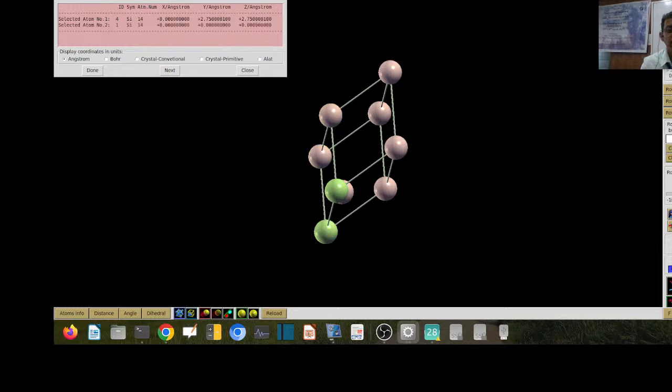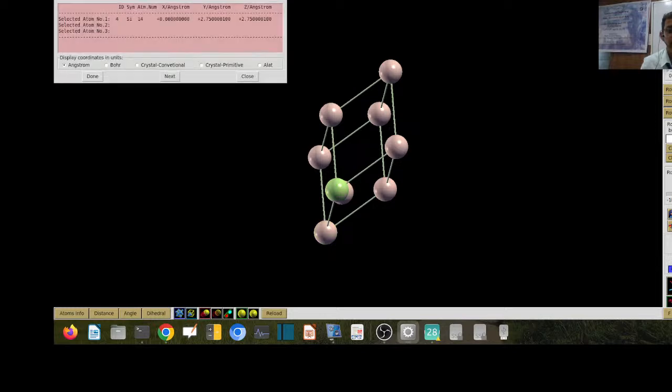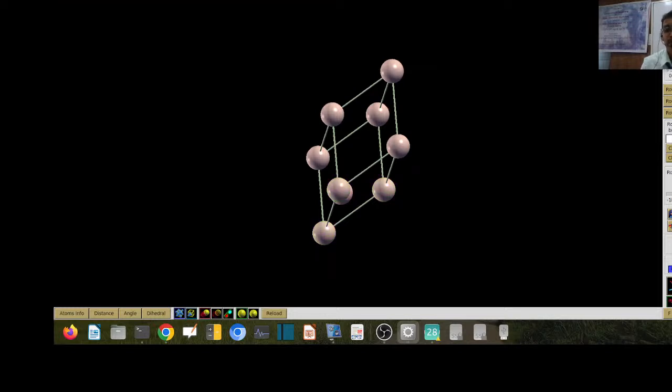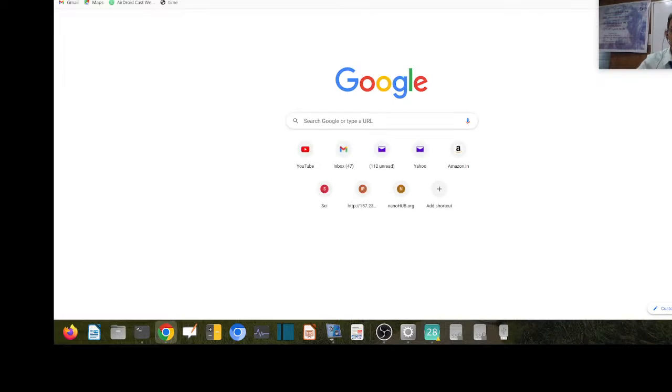So say this is the angle between, sorry, go to the, close it and then angle, say this is the angle between these two. So it is 60 degrees. Right? This is a way. And then there is a very important tool. But before moving towards that tool, let me talk about